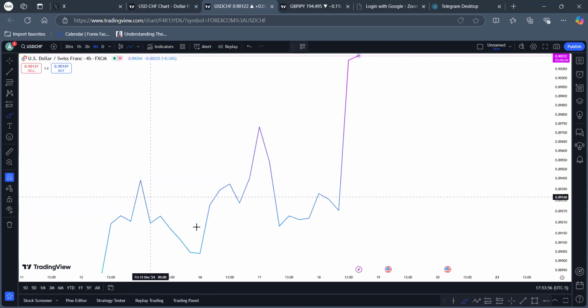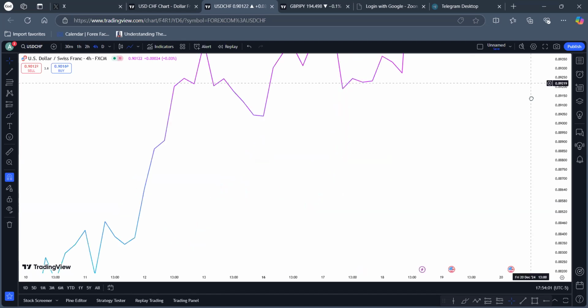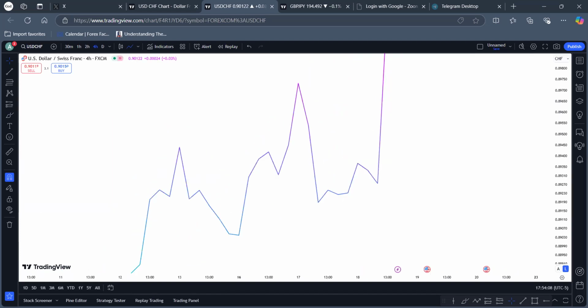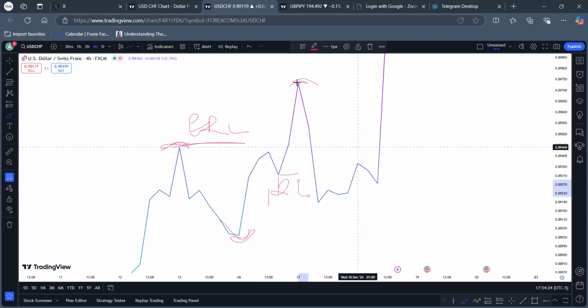upside. So you see that when we come from where we are coming from the left-hand side, you can see how we are bullish, right? Even if you don't use candlesticks, with a line chart, you can see how we are bullish. The next thing we are seeing on the 4 hours time frame, you can see that this is a higher high, this is a higher low, and this is a higher high. Remember, every most recent higher high is going to be treated as what? Internal range liquidity, right? This low is going to be treated as what? Internal range liquidity. Every higher high is going to be treated as external range